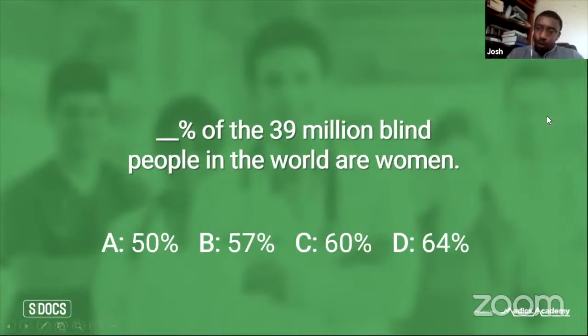So the answer for this one is 64%. Mind-blowing statistic. A massive proportion of the million blind people are disproportionately women and not men. So